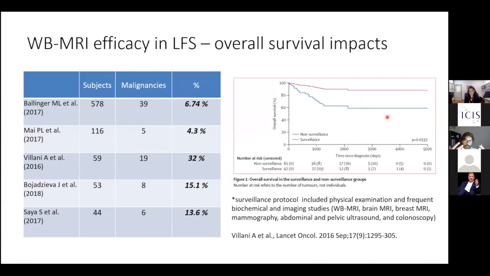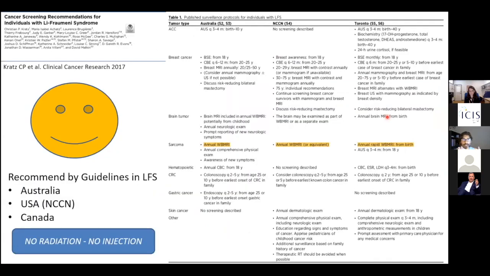So this shows clearly that these people need a follow-up. This screening could be well performed by whole body MRI. And this provided the basis